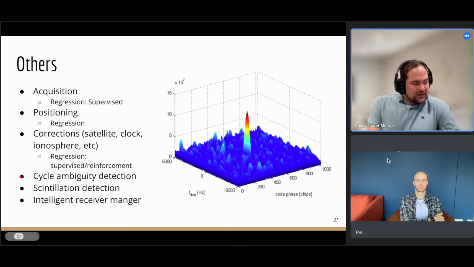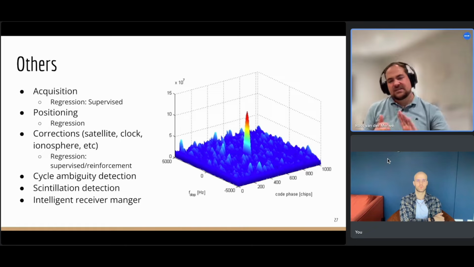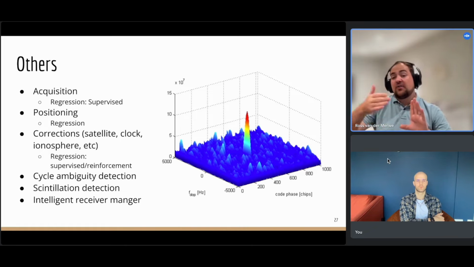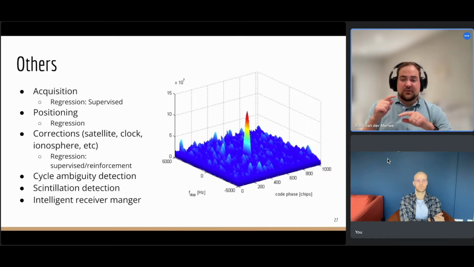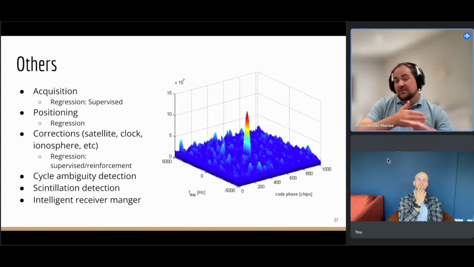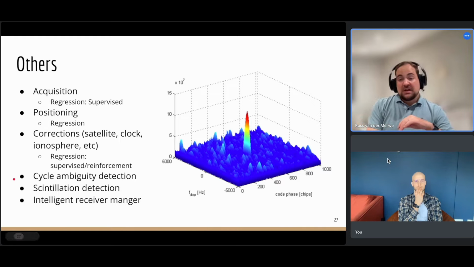An interesting one would be something like cycle ambiguity detection. So a small background here: I was speaking about the pseudo ranges you're calculating, so how far you're off from the satellite. Now, your pseudo ranges are noisy, they're good, but they're not precise. If you use your carrier frequencies or your carrier signal's phase, you're much more precise. But the problem is you have an ambiguity every time it repeats. So if you can resolve this, you have much, much better positioning. So this is usually when people talk about you have centimeter level precision with GNSS with RTK going through. The problem is, if you can solve this ambiguity faster, it's much better.